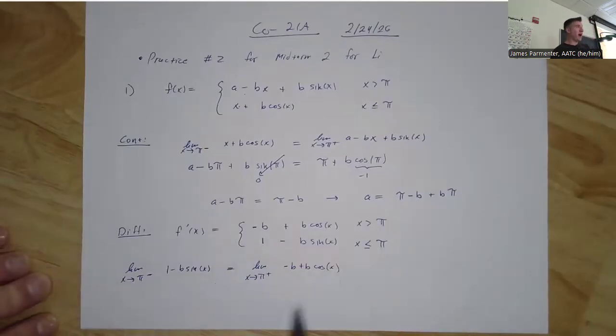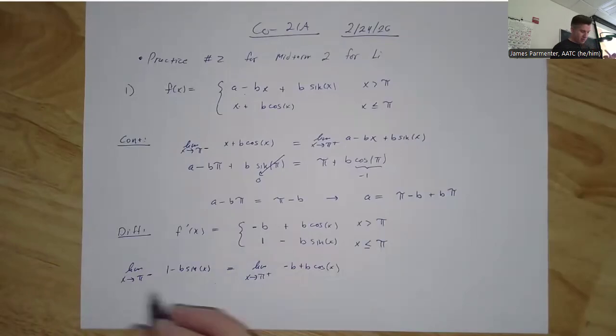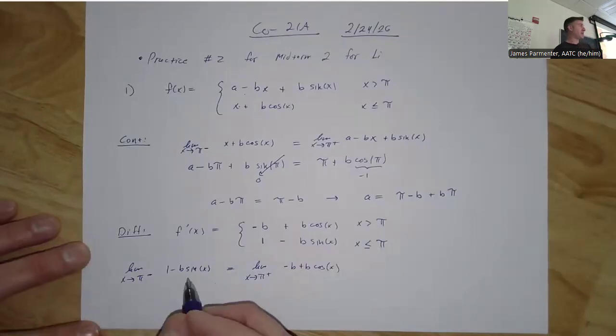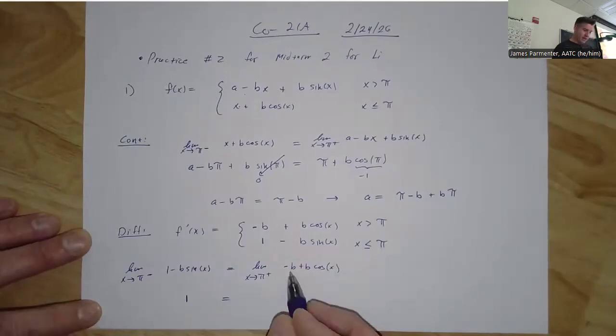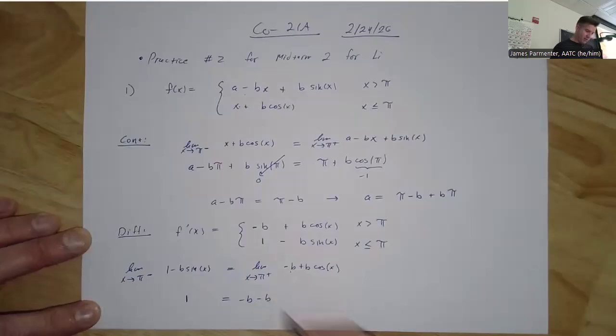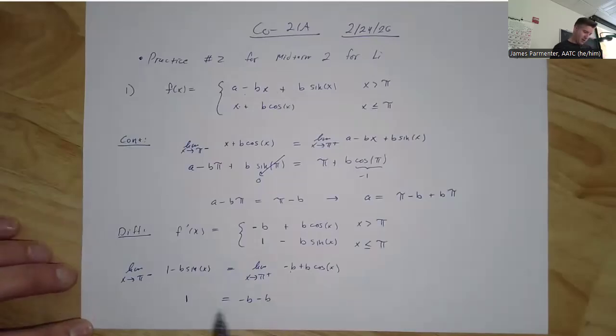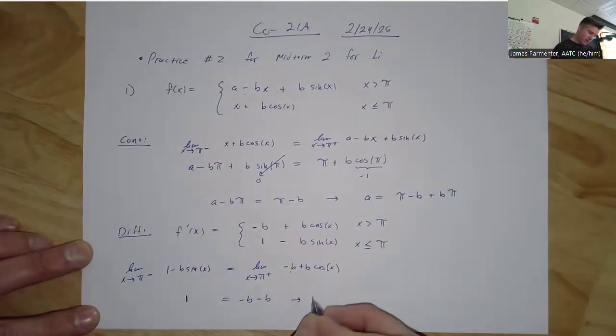Notice you're not plugging in the pi yet, right? You're writing the limit of the function, and then in the next step, plugging in pi. So we plug in pi, sine of pi is still 0, so the left-hand side is 1. The right-hand side is negative b plus b times cosine of pi, which is negative 1, so we get negative b minus b. So it looks like we get that 1 is equal to negative 2b,